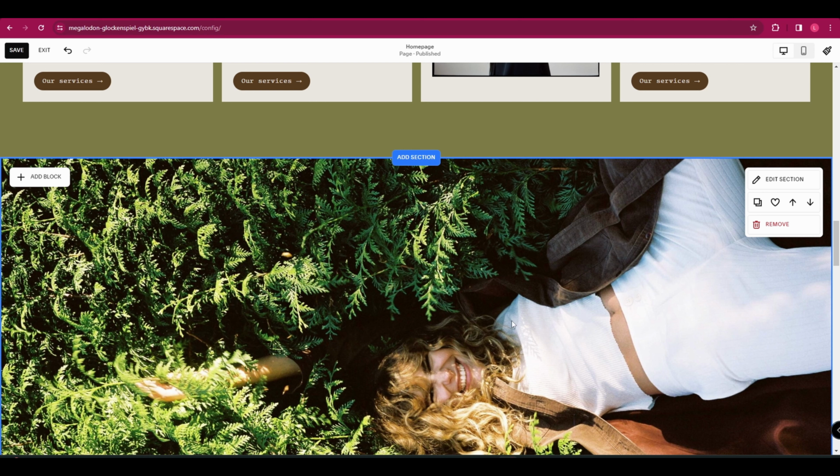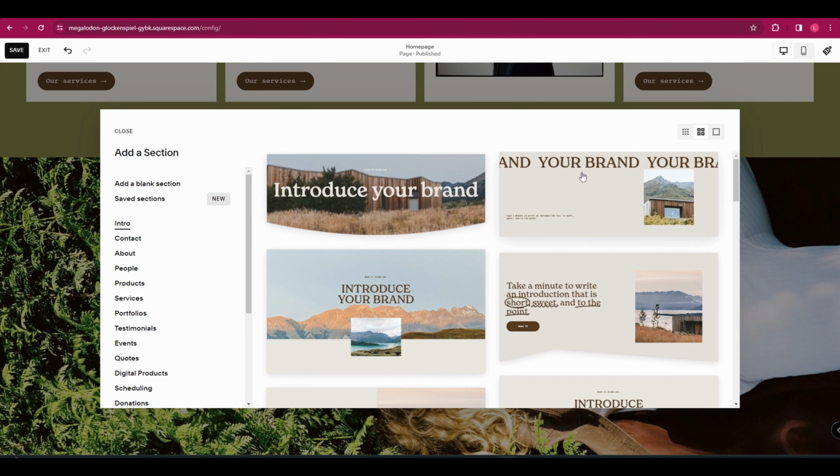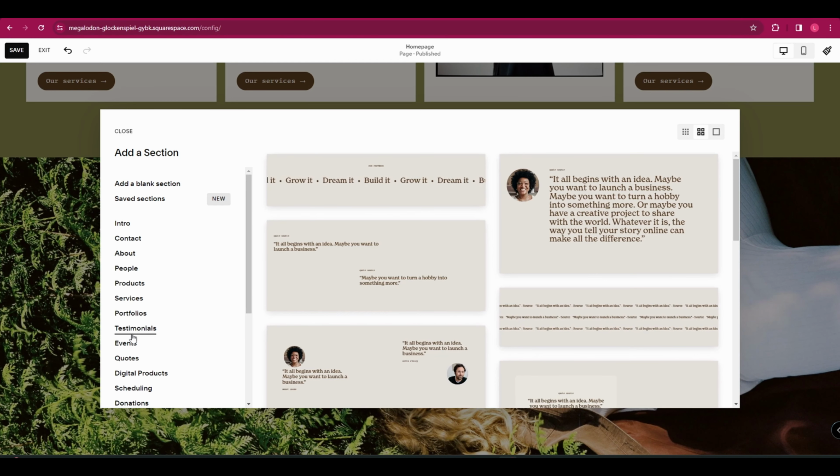So as you can see, it's really easy to just go through and edit this template as it is, but you might also want to add other blocks or sections. You can see here it says Add Section, so we're going to click on that. And it's got some pre-made templates for you to use. And on the left-hand side, you can see all the different types of templates. So you could add some testimonials in,